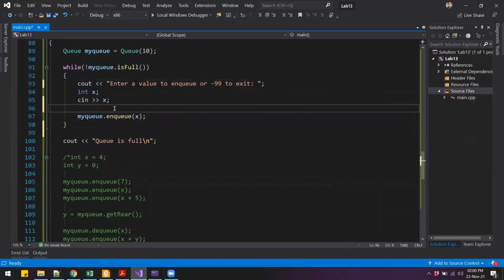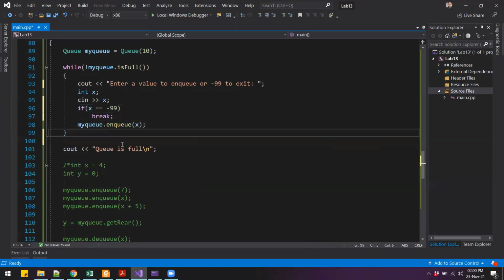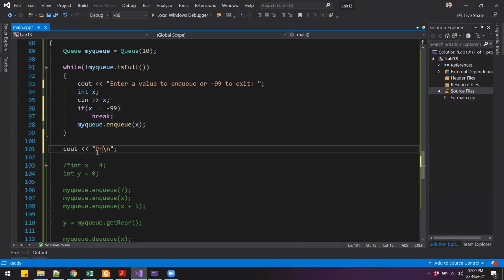So when the user enters negative 99 as the input, we can check that value. So we can say if the X value is negative 99, then we don't have to enqueue. We can just simply break out of the loop. And then in here we can say printing the queue.